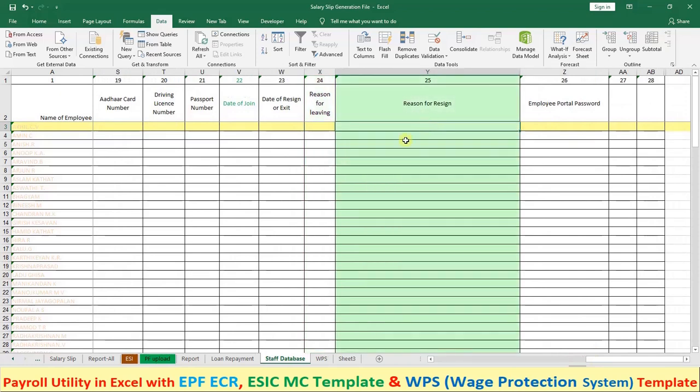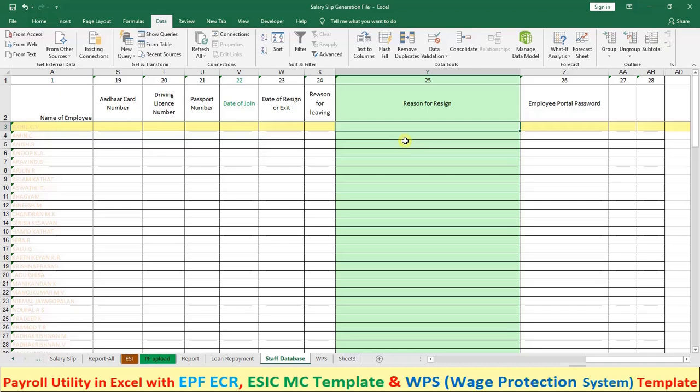Because if you are mentioning everything about an employee here, and a person who joined the accounts department or HR department and left comes back after one year with an experience letter or something like that, at that time the accountant or the HR person may be newly appointed. They may not be aware of that employee.